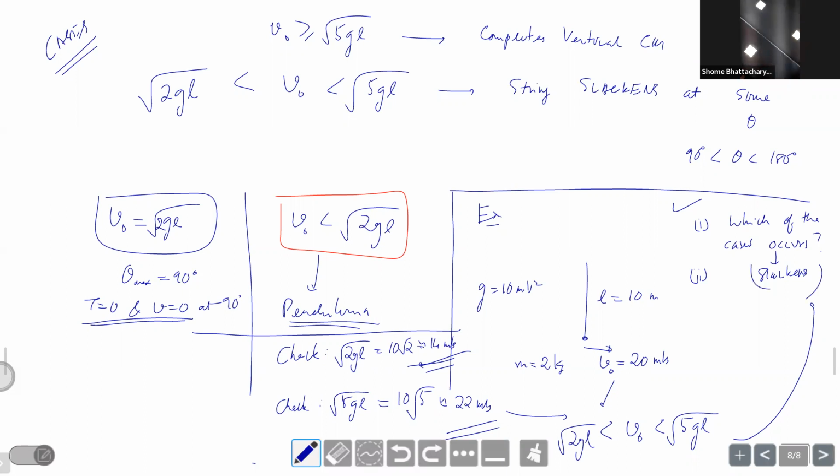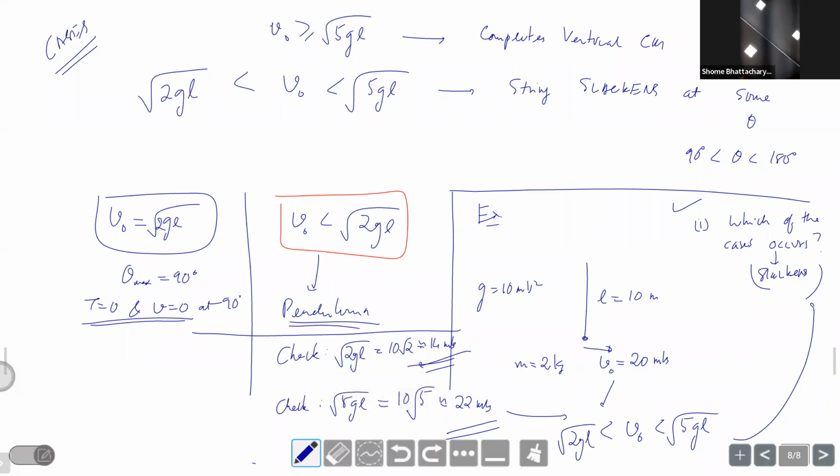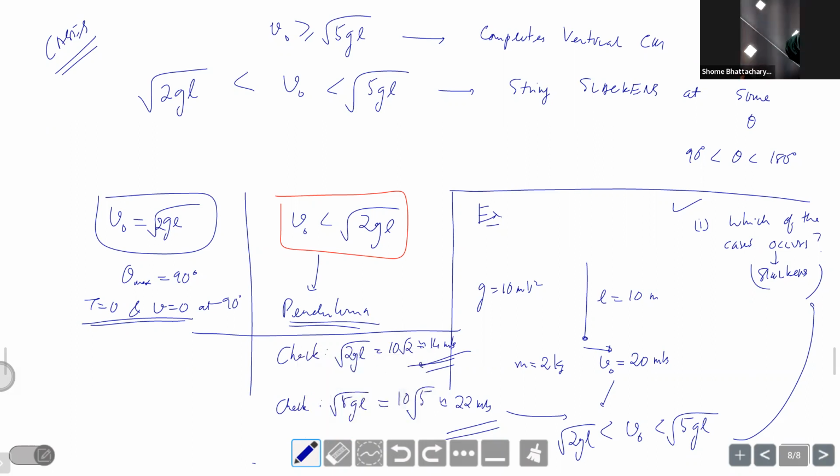So now the next thing we want to do is find the angle at which the string slackens, and the speed when the string slackens. Then the tension will be zero at that point. Speed is not zero. That's the thing, because when you see the equation for tension, it is like mv square by L minus some component of it. So V is not zero. That's interesting. So from there it goes into projectile motion. It doesn't fall vertically. So we'll solve a little bit about that projectile.